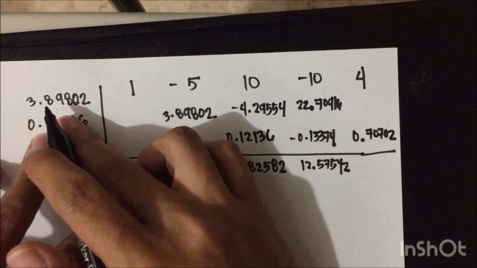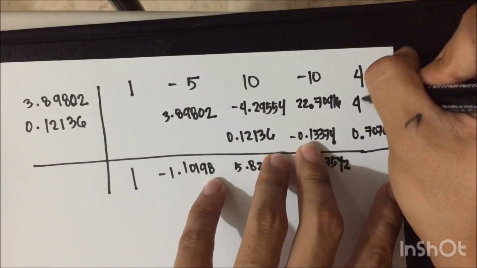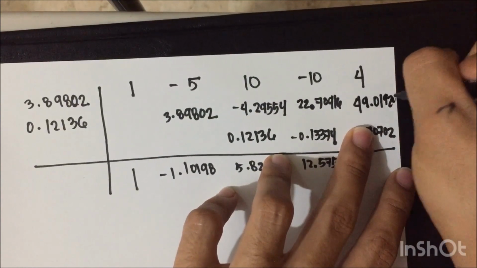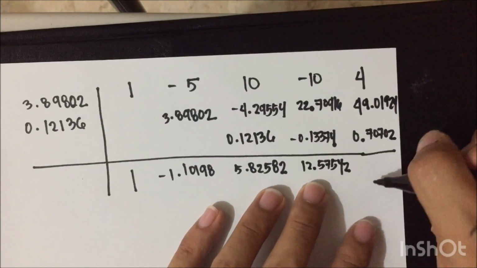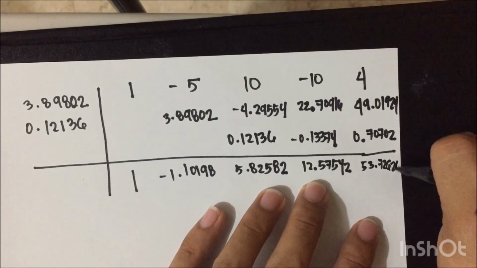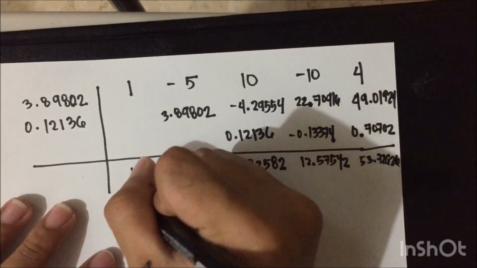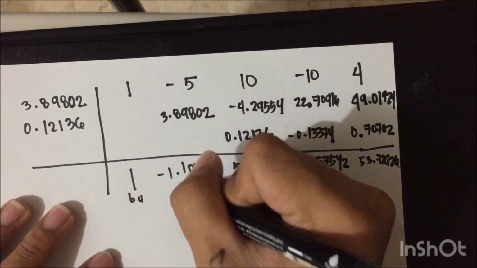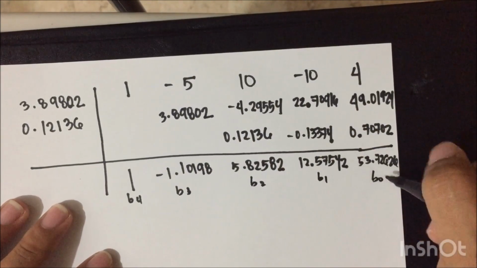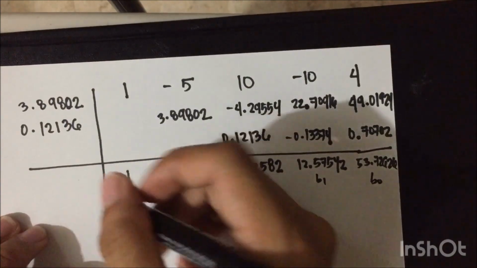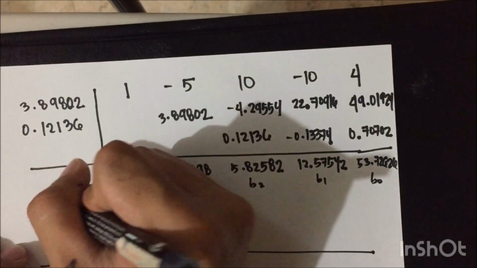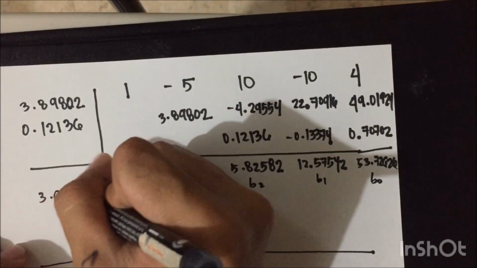12.57542 times the value of R is 49.01924. The sum is 53.72626. So label again these results as B4, B3, B2, B sub 1, and B sub 0. And again, synthetic division, same values ng ating R and S,